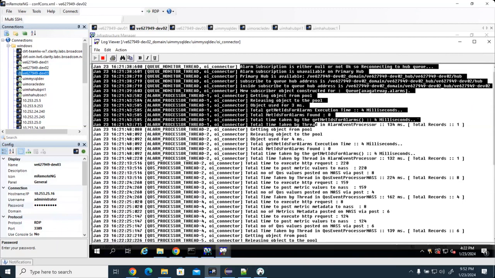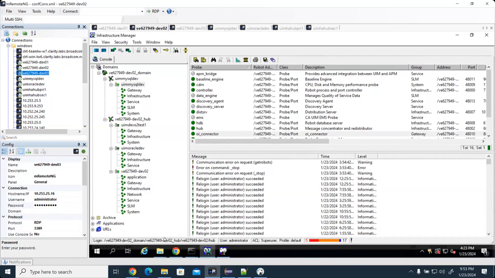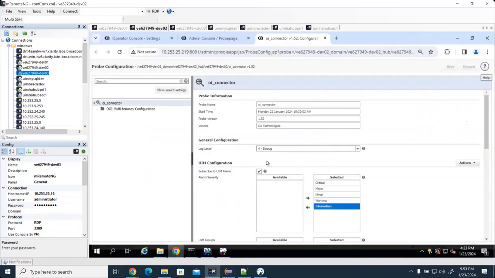So it gets activated again, and automatically there is no lag in the communication, and the messages start flowing from UIM to DXY without any issues. So what is the configuration? The important configuration to be considered when the end user deploys for the first time on the primary hub, the most important thing is to use the probe